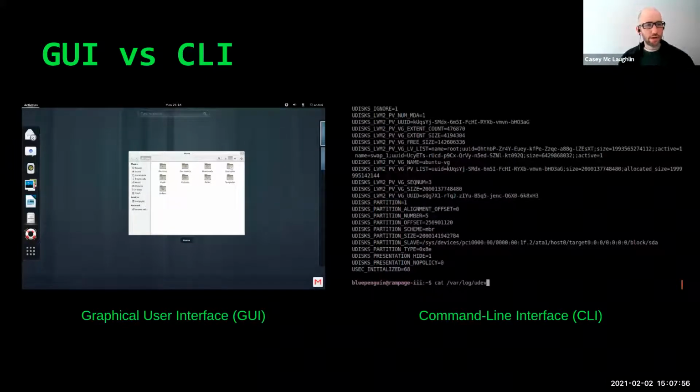The primary way that we interact with these non-GUI programs is through the command line. The command line is a text-based interface where we type commands and direct text-based input and output to the screen, to files, and to other programs. And we'll talk about all of those in detail in part 2, outputting to the screen, to files, and other programs. Today, we're just going to focus on outputting to the screen.